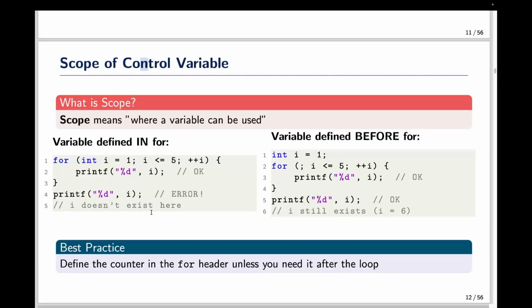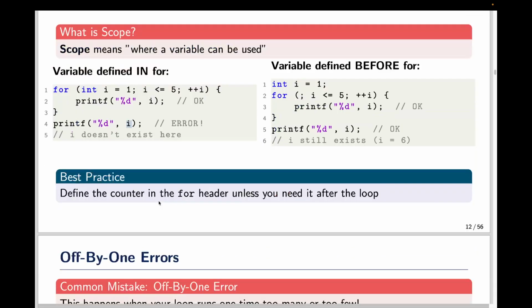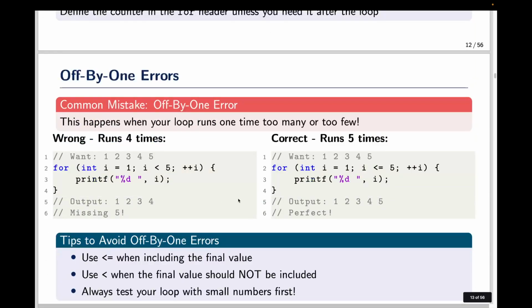So be very careful. If you want to address that variable outside the for loop or even the while loop, then please have it as a global variable, or the initialization should be done before that, or the declaration should be done. Then a very important thing, I told you that if you're not using that equal to sign over there,